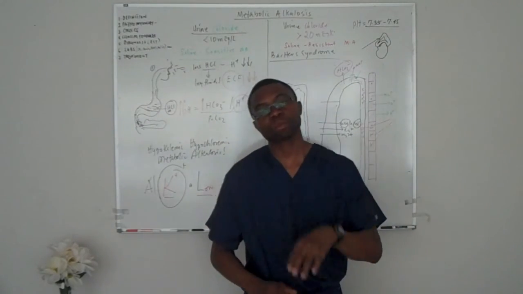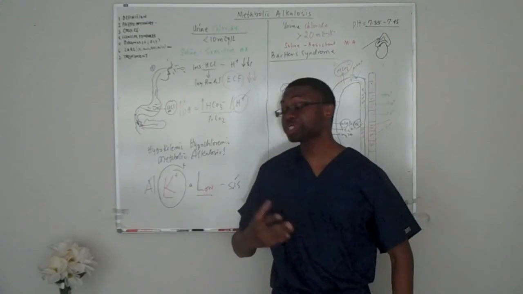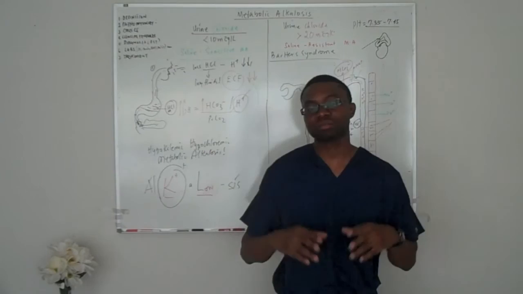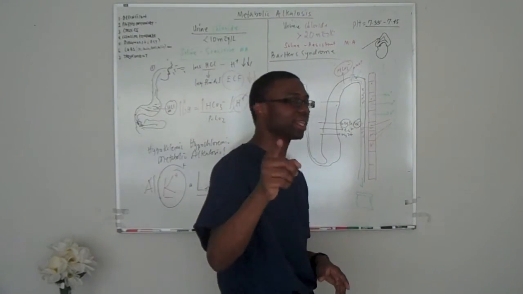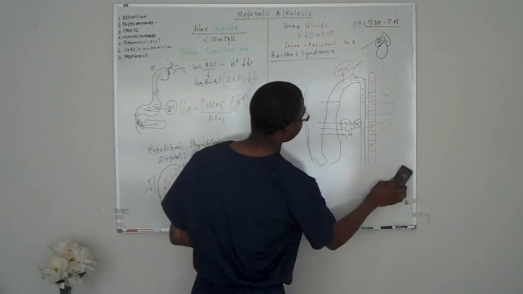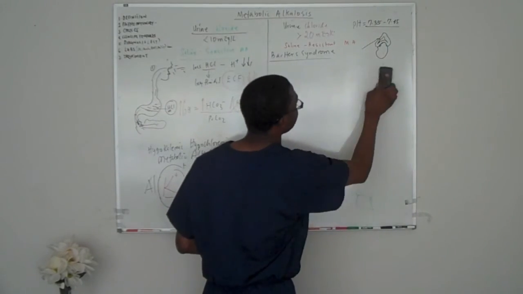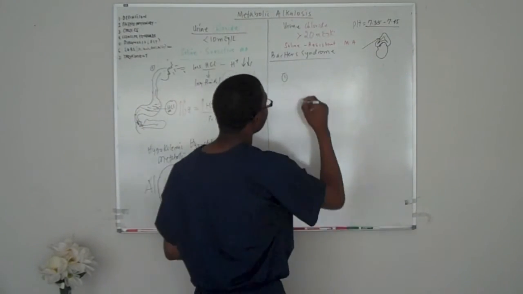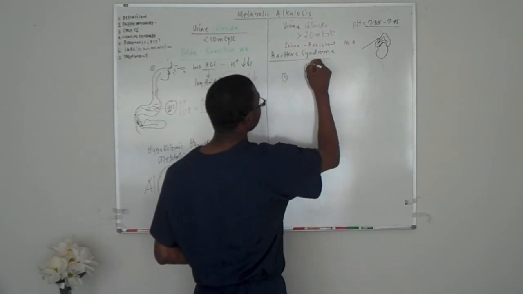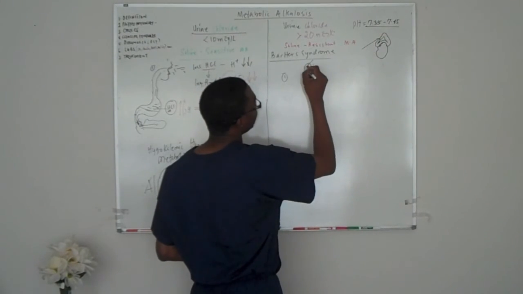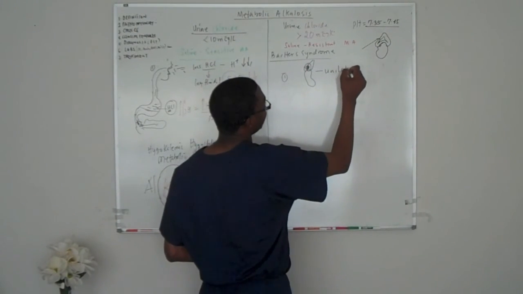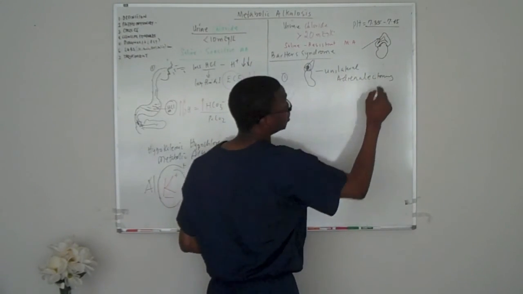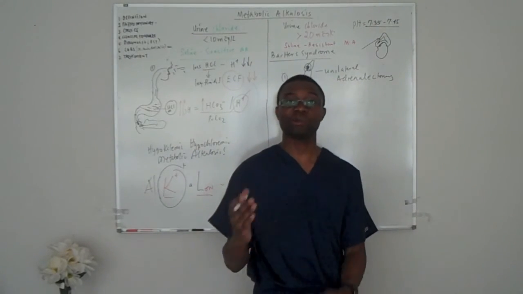And automatically, how do we treat hyperaldosteronism? Two ways. If it's one gland, it's just acting up, what do we do? We take it out. Surgically, it's called unilateral adrenalectomy. So, I'm going to erase this. This is actually step 2 material, but hey, you know what? You have nothing to lose. So if it's just one gland, and there's just this little gland, we go in there, we cut it out. That's called unilateral adrenalectomy, which is just a fancy way of saying we went in there and we cut out the little adrenal